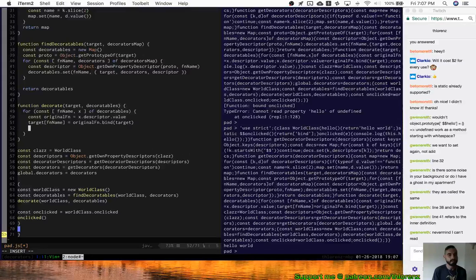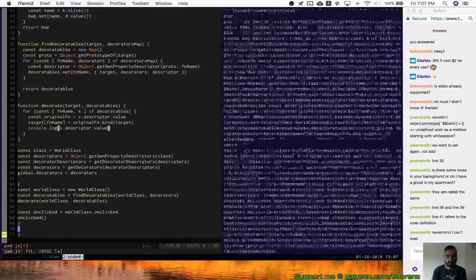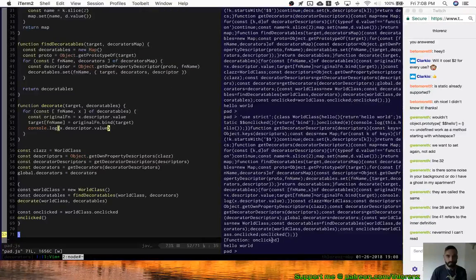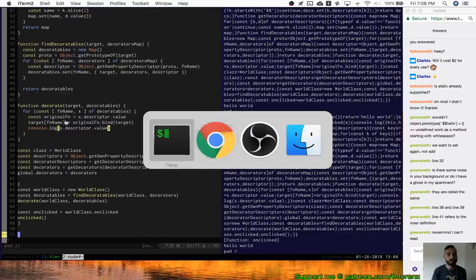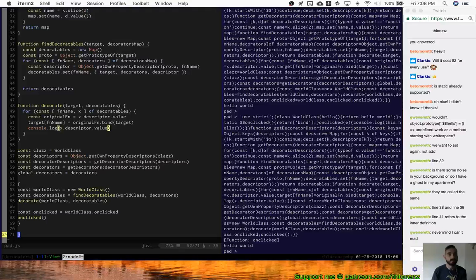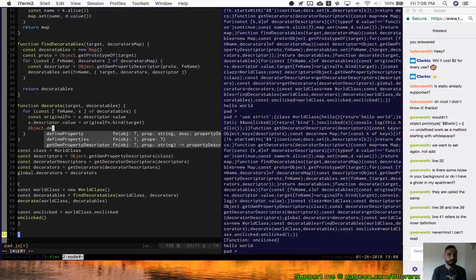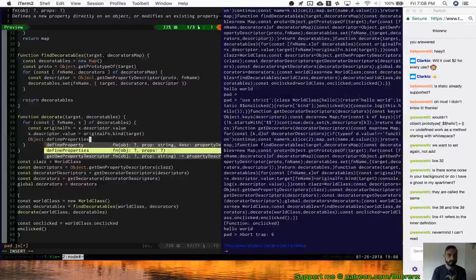Interesting. So after we do that, let's print the descriptor value. If it changed, maybe there's some magic going on we're not aware of. See, it's still not bound. So this one didn't change. Ah, I know why. So basically, the cleaner way to do this is to change the descriptor like we did. At least I have a working version now, right? But we can say then Object.defineProperty. As you can see,